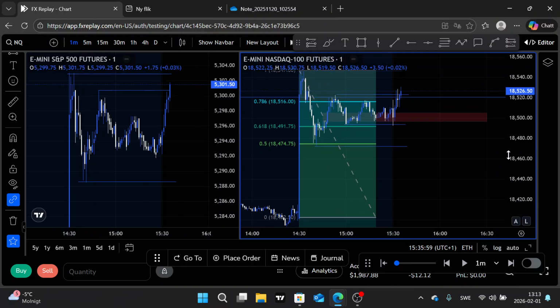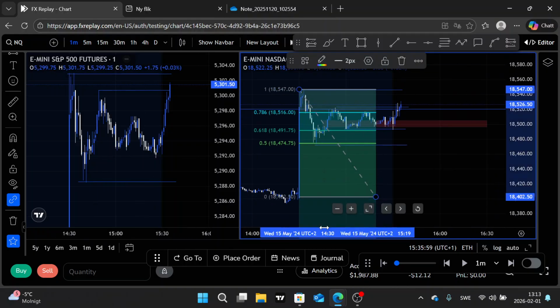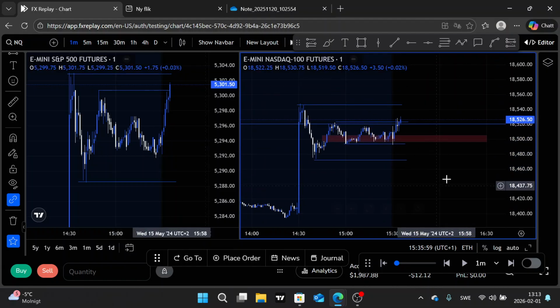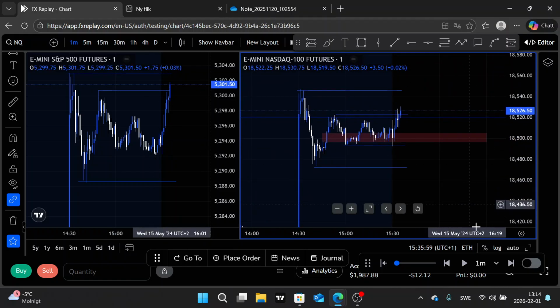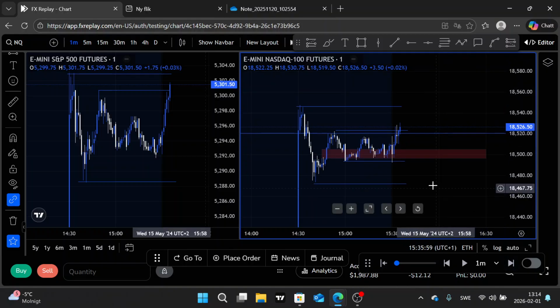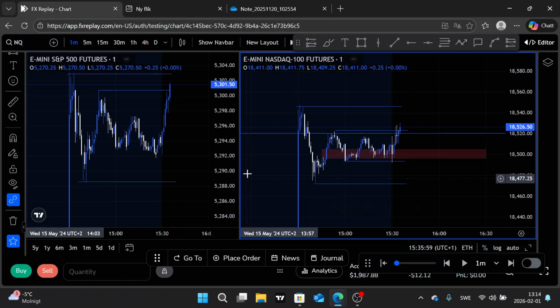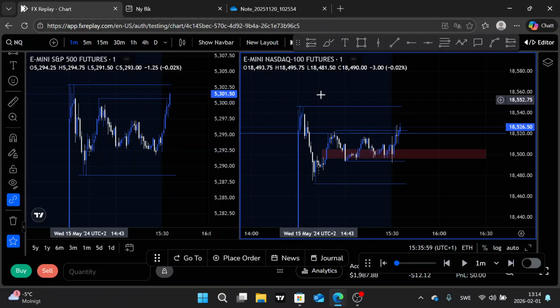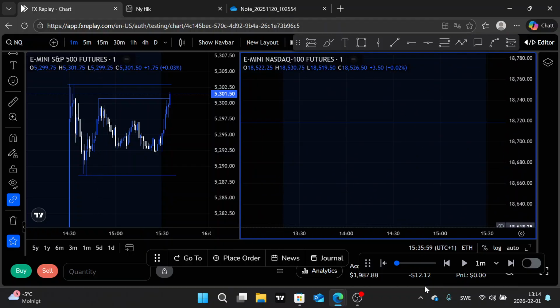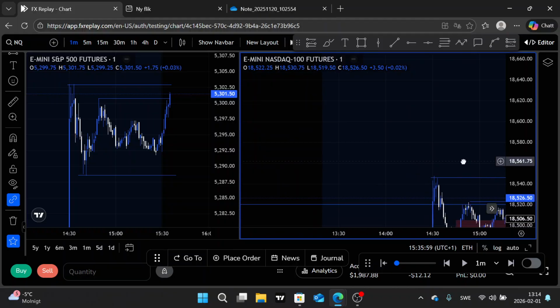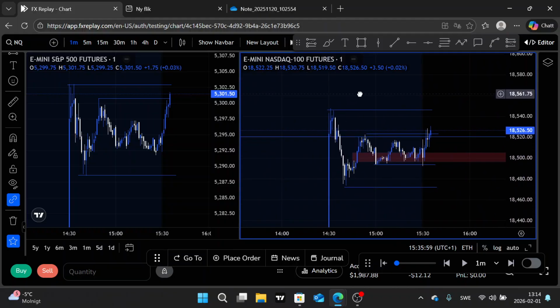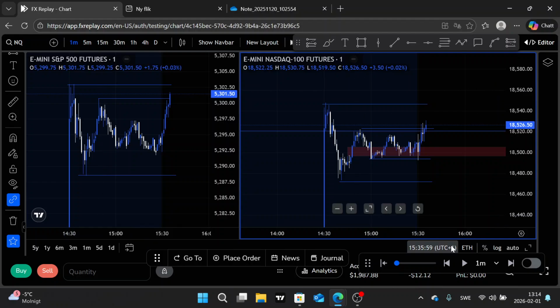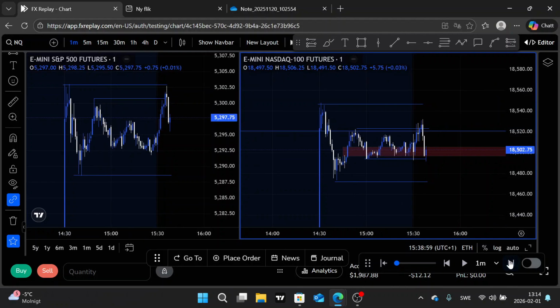There we go. Now I think we want to go higher to take another low resistance liquidity on the higher time frame. Okay. But